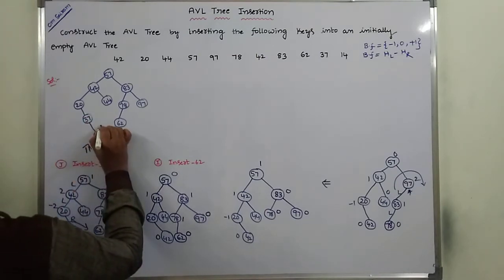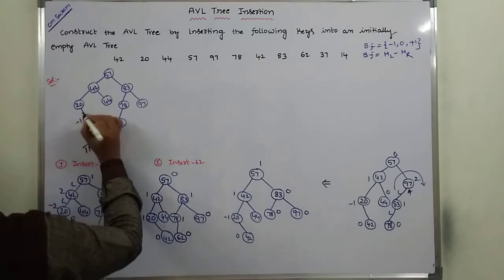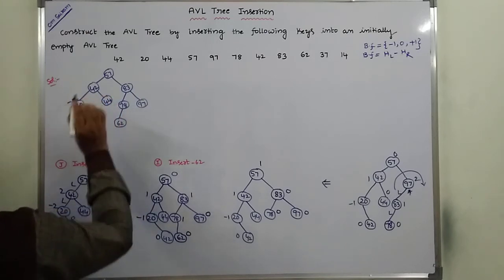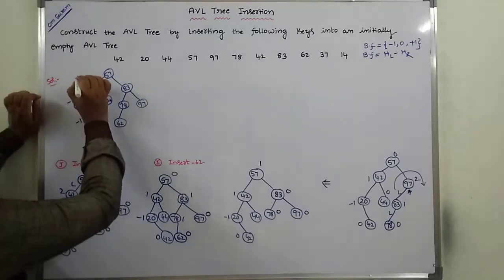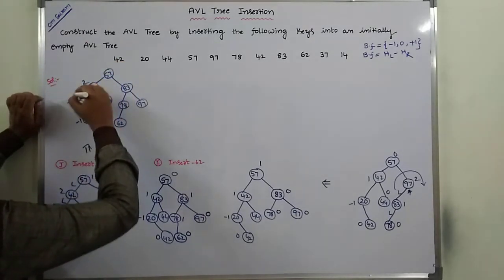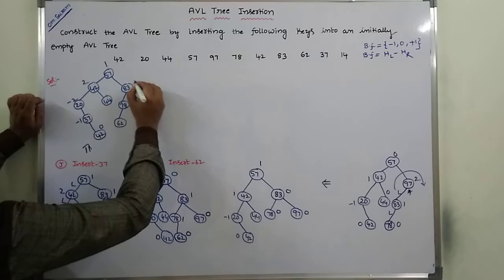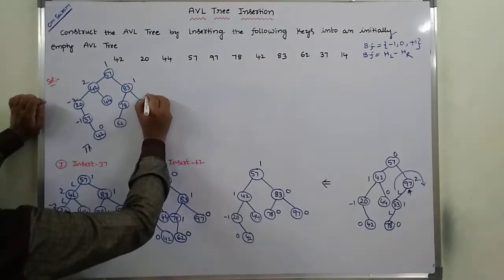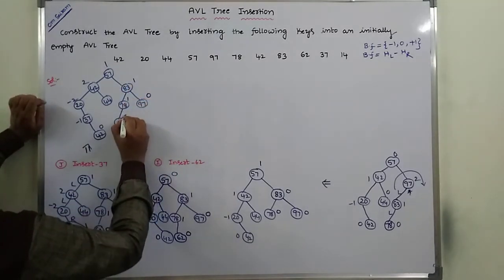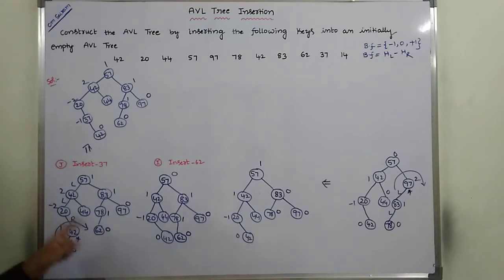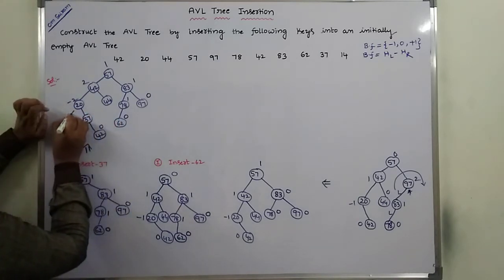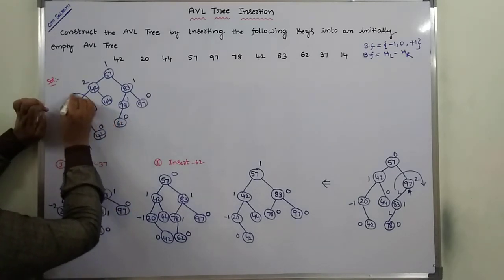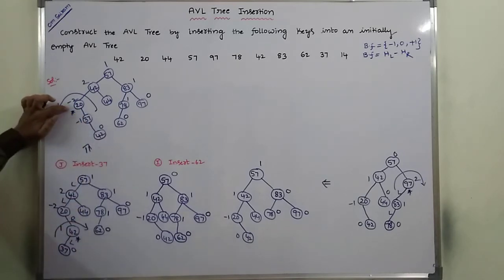Here the balance factor is 0, here this is -1 and this is -2. So now this is left 3 minus 1, that is 2. Here 1 2 3 4 1. So these do not change in the balance factor on this side. Okay, so after performing the right rotation, now we have to perform the left rotation with respect to 20, because at node 20 we are getting the imbalance.